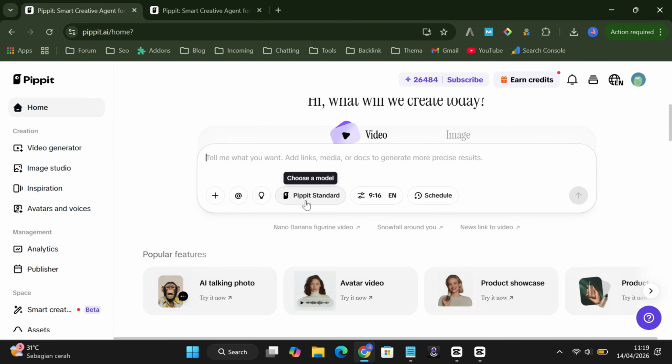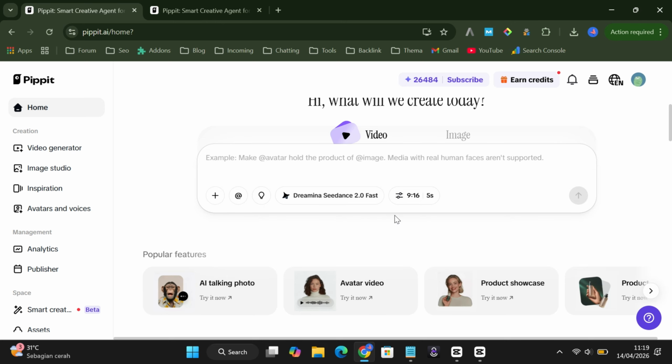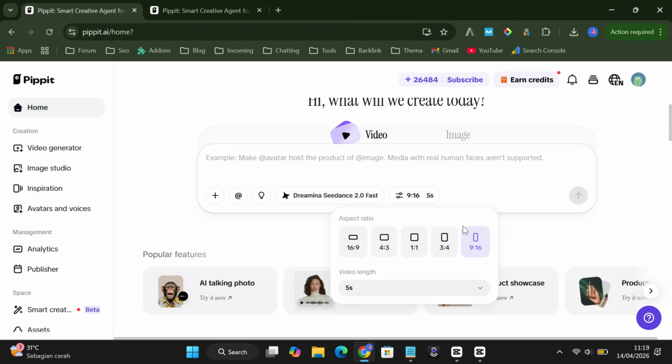Here, you'll want to select the Dramina Dance 2.0 Fast model. Make sure the aspect ratio is set to Portrait 9:16, and the duration is 15 seconds, so it fits perfectly